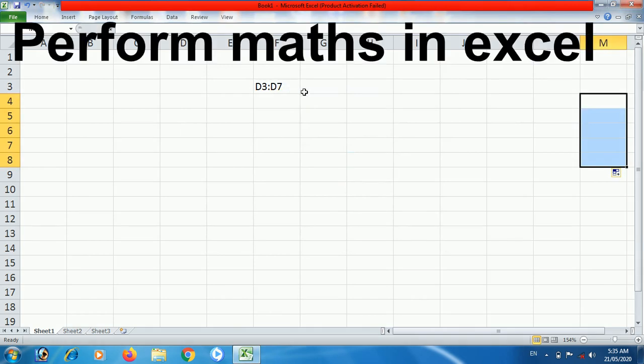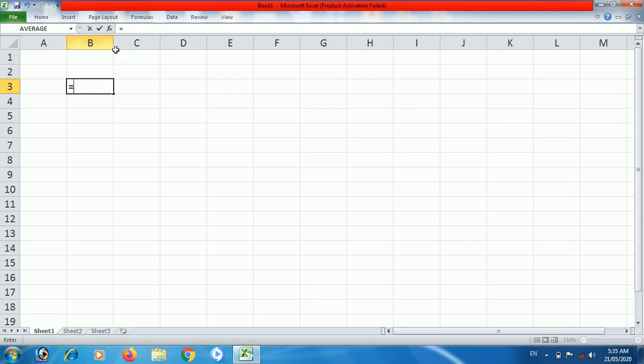And another thing which is very important, that is how to go for mathematics. To start the expression, we have to use the symbol is equal to, and this will start the equation, mathematical expression thing. And here you will see this f of x symbol is there, that is function of x symbol. Here we will insert the function, and that function can be our own function also, like 3 multiplied by 4, and when you enter that you will get the result of that expression.